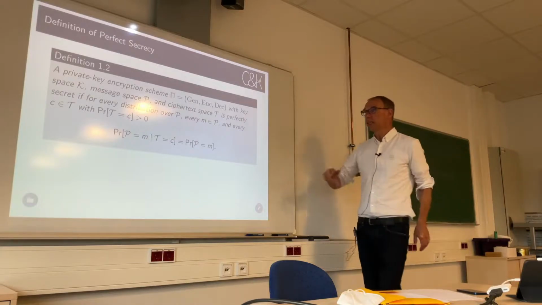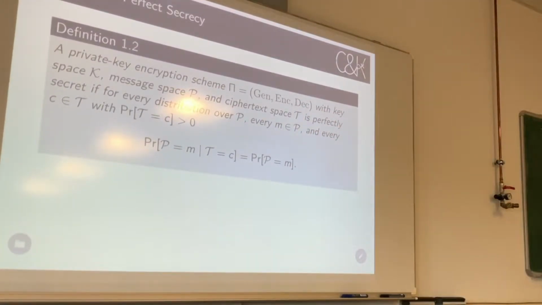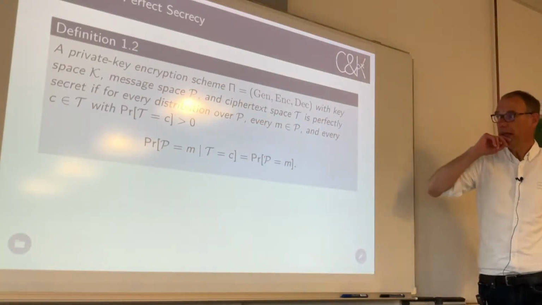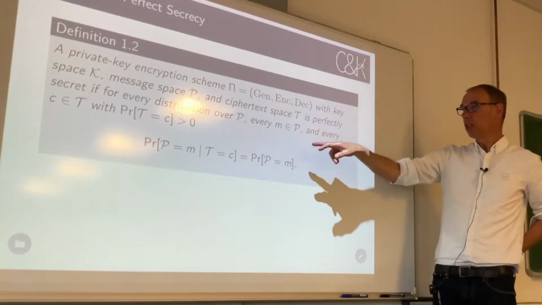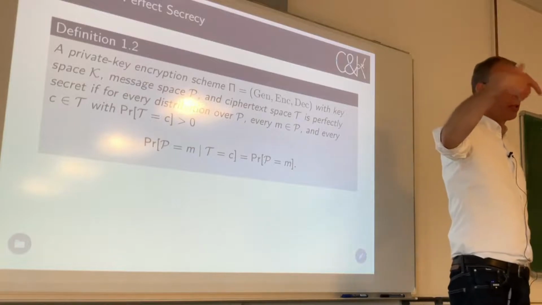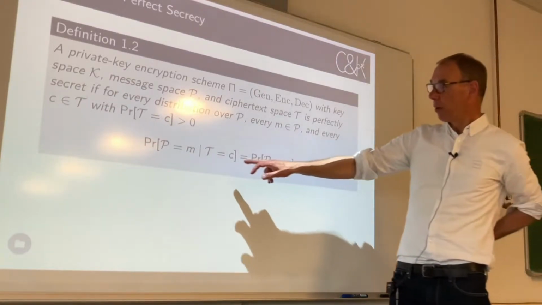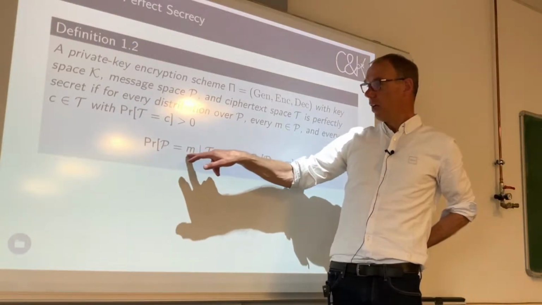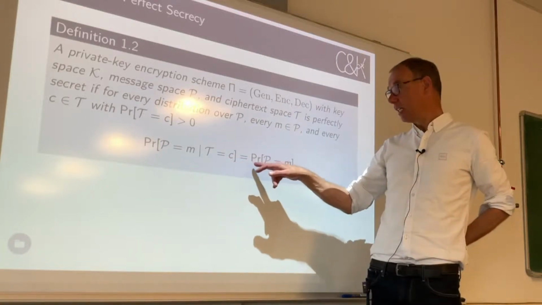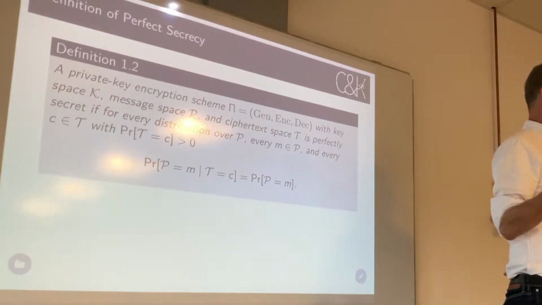It says that such an encryption scheme consisting of these three algorithms is perfectly secret if for every distribution over the message space, every message and every ciphertext that appears with non-zero probability, we have that the probability